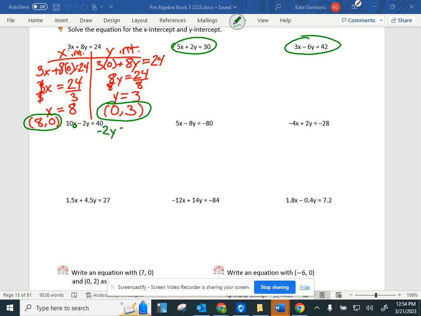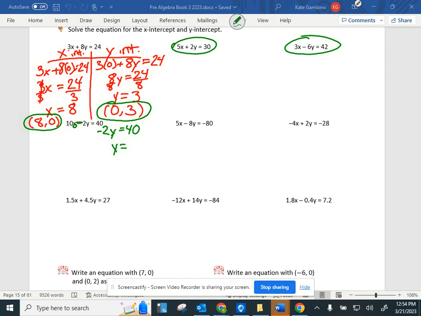Negative 2y equals 40. Because we need to remember that if 10 times 0 is 0, we still have that minus 2y. That is a negative 2y, right? Don't forget, those minus signs mean negative if the number in front of it falls off. You do need to write an equation. Then you need to solve for the y. I do want to see this part of it. You don't have to do the times the 0, but you most definitely need to write negative 2y equals 40,